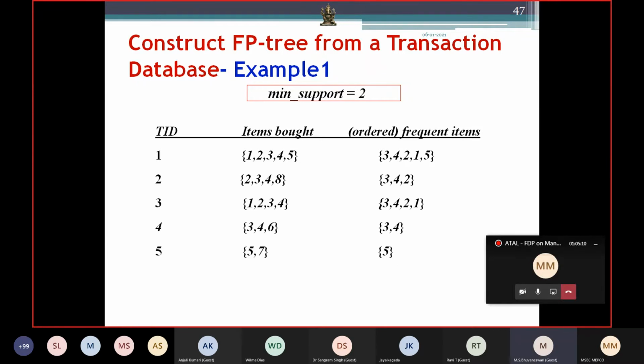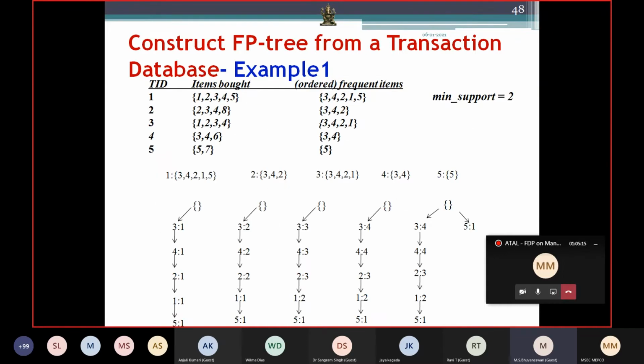Then once we have ordered it, from this we have to construct a tree, which we call an FP tree. So this is the way. See here, we are having 3, 4, 2, 1, 5. For each and every transaction we have to go. The first transaction is 3, 4, 1, 2, 5. So for that, you take a structure 3, 4, 2, 1, 5 one time, right? So I'll put this as your support. This represents your support 1, 1, 1, 1 because only one transaction is over.